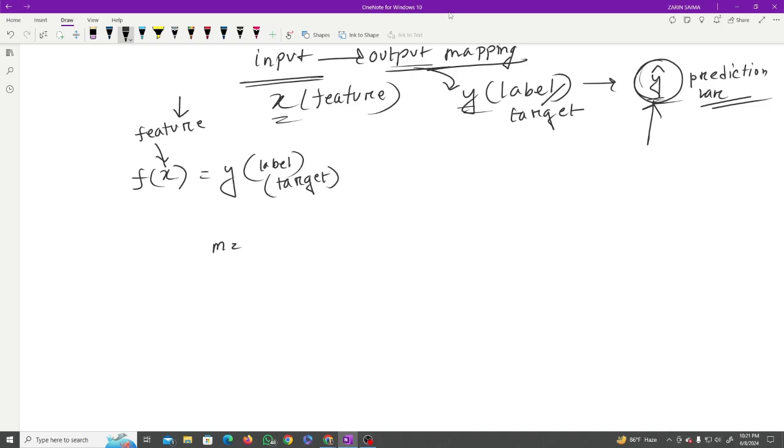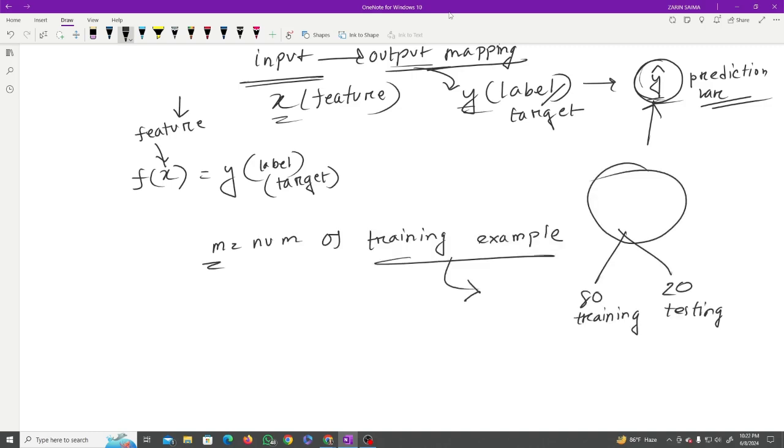So you see the M, it is the training examples, the number of data that you will be keeping for your training model. So that was some basic terminology of machine learning. You will call your input feature, your output label or target, and this is your prediction variable. So yeah,